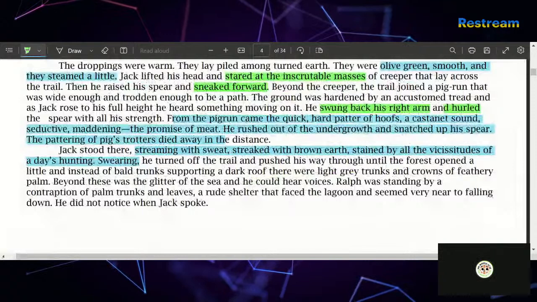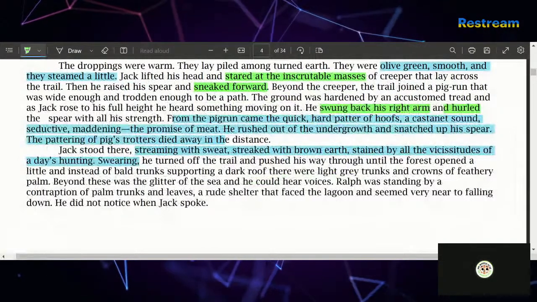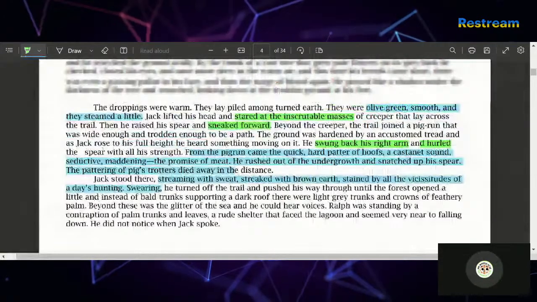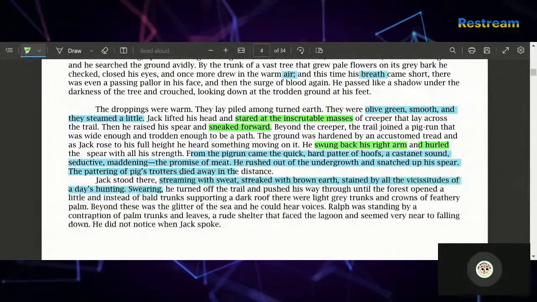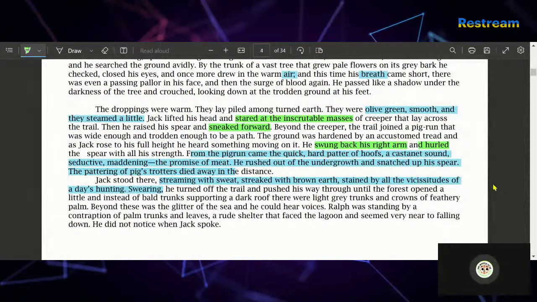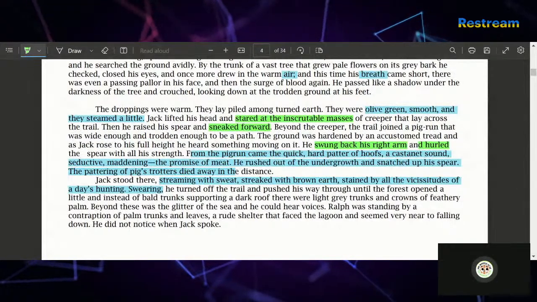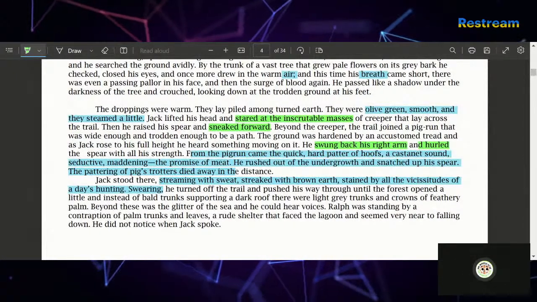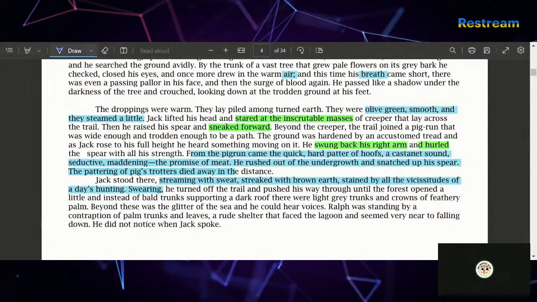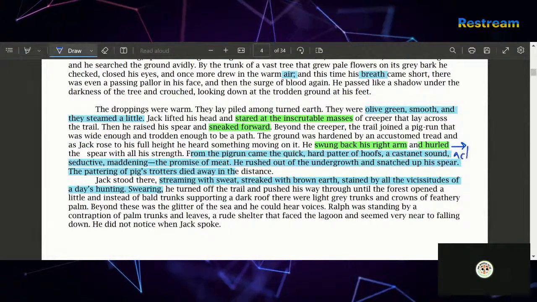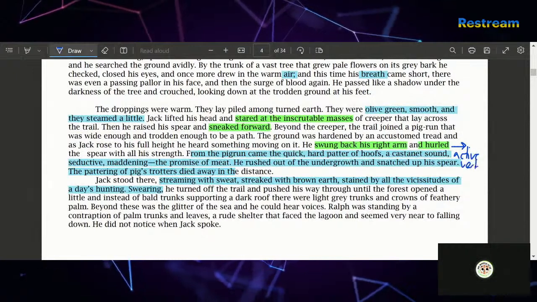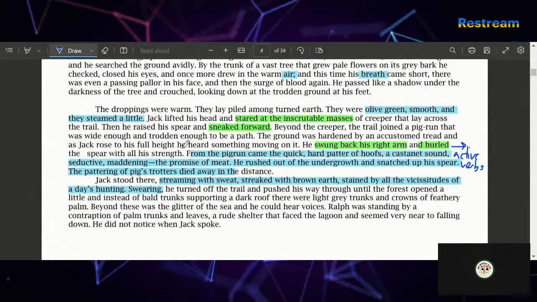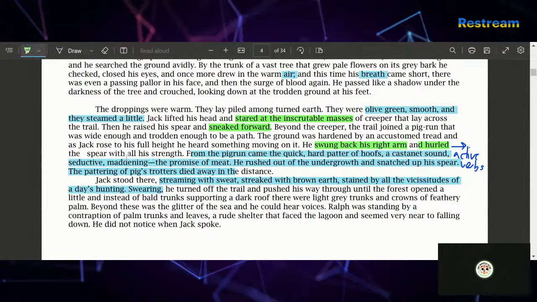Okay. So I've already started highlighting some of the verbs, such as stared, sneaked forward, swung back his arm, and hurled. So these are all quite active verbs, so you could highlight how there's a lot of action occurring and how he's constantly moving. So the active verbs. You could also perhaps discuss